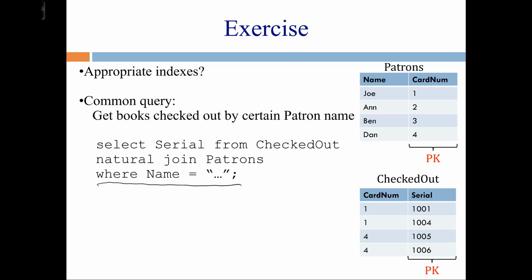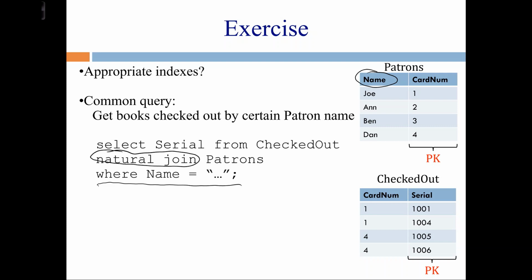We're definitely going to look for a certain patron with a certain name, so we will want an index on that column. That'll let us take whatever this string is and quickly find the row corresponding to that patron. And then there's another implied filter here because of this natural join. So natural join is hiding what it really looks like, which is checked out join patrons where